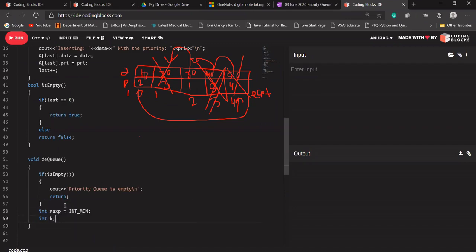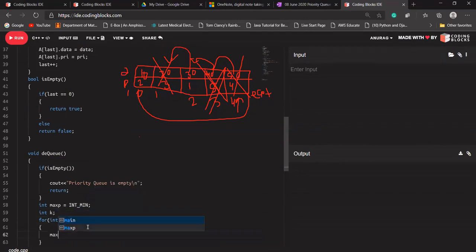So in this case, what I'm going to do, for int i = 0, i < last, i++. I'm going to check if maxp is less than the value at a[i].pri.